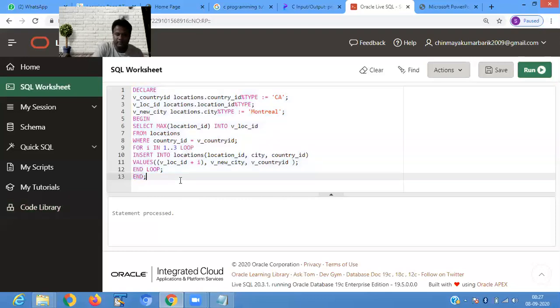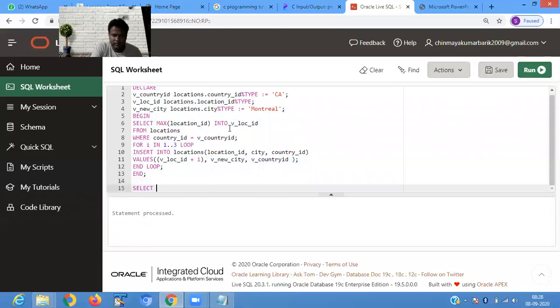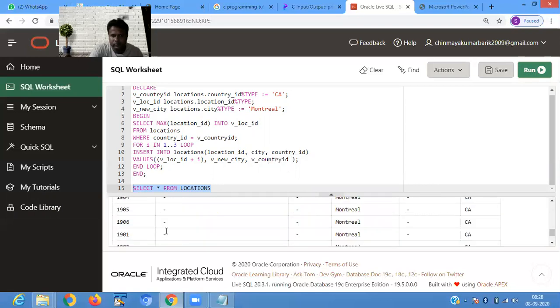So right here, select from locations. 1904, 1905, 1906. So these are the new records added for the country ID.